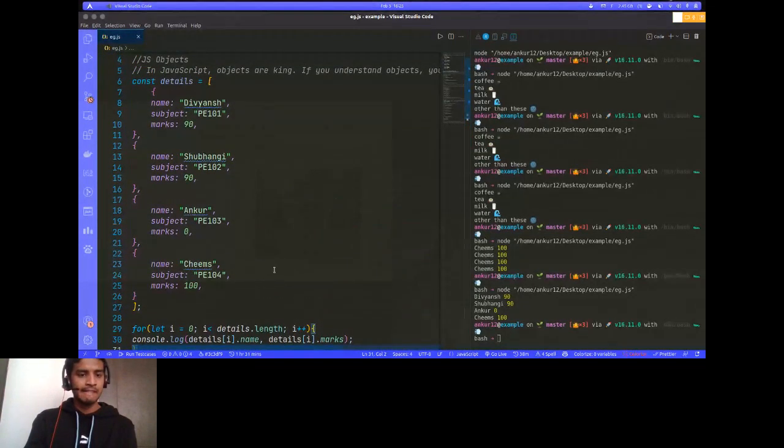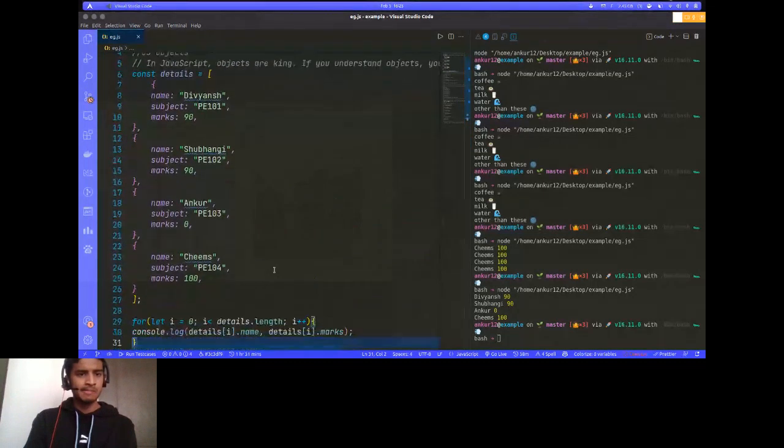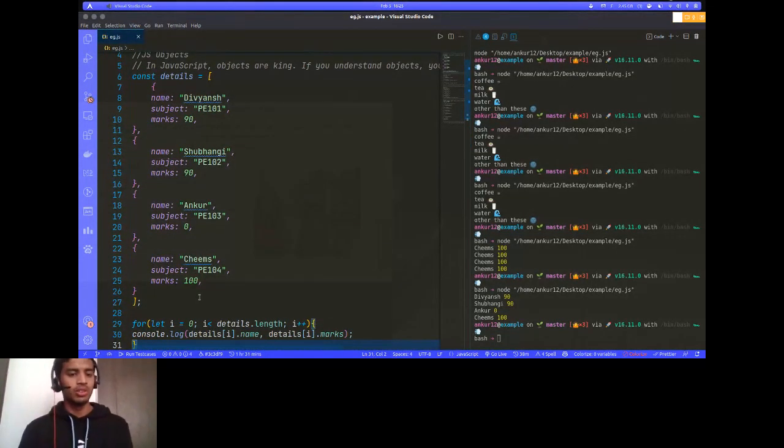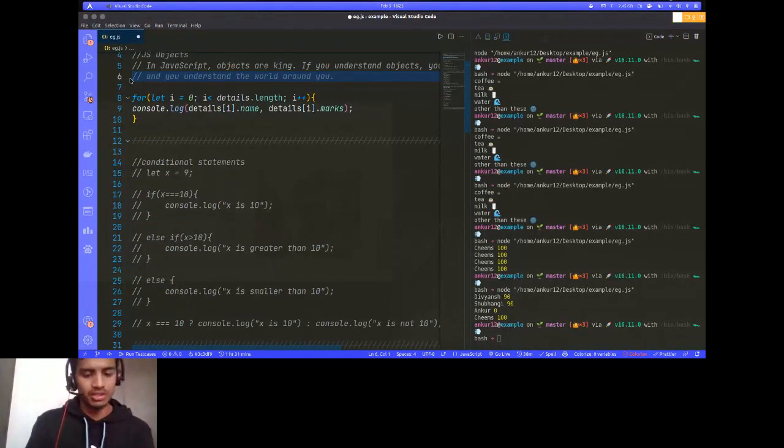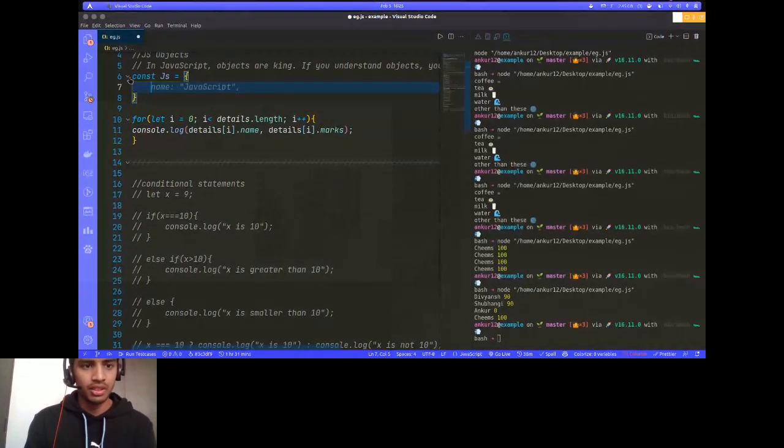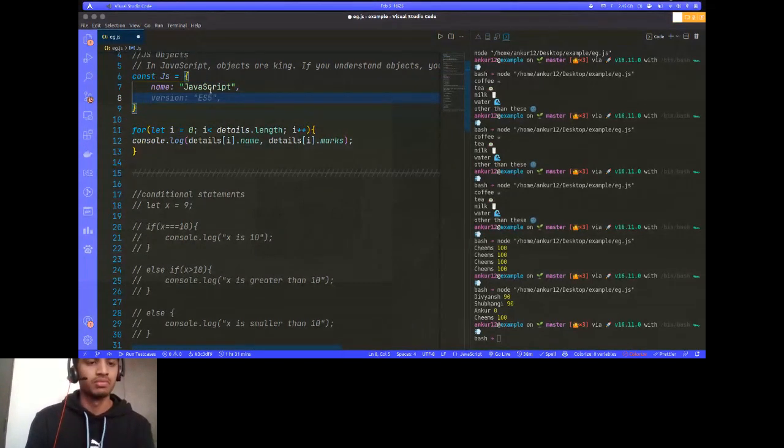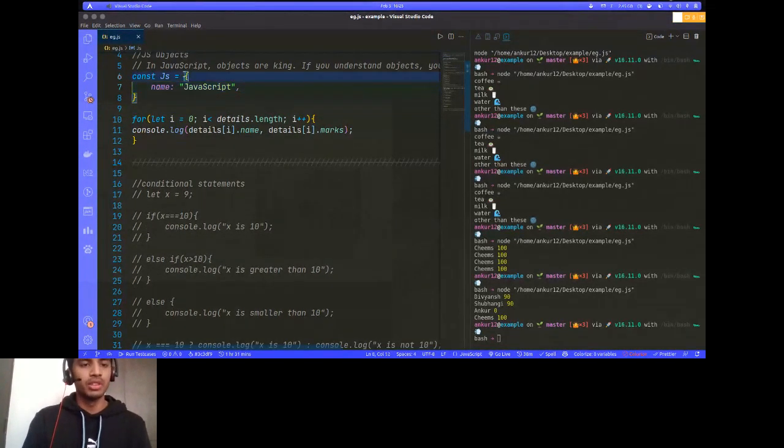They just wanted to show how objects are written. Let me just declare an object over here. Constant JS equals, let's say name is going to be JavaScript, and I'm going to input the names over here. I'm going to declare an array first of all,